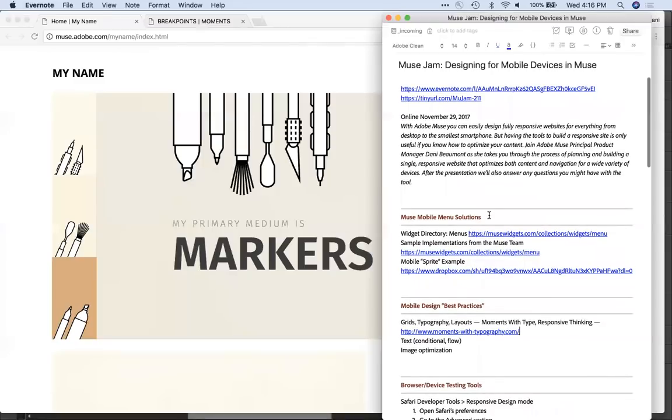So let's talk about the mobile menu solutions. To be really honest, the Muse team, as of August of this year, still 2017, re-engineered a number of pretty complex widgets, the composition widget, the slideshow widget, and the form widget, to be fully responsive. So they embrace multiple breakpoints, and you have the ability to customize the layout based on each breakpoint and the fluid and responsive behaviors for elements within those contact forms, within those complex forms, let's say,